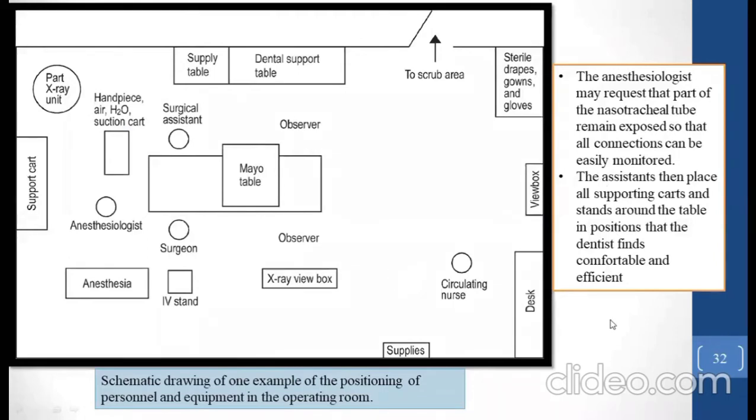The anesthesiologist may request that part of the nasotracheal tube remain exposed so that all the connections can be easily monitored, and the assistant then places all the supporting carts and stands around the table in the position that the dentist finds comfortable and the assistant